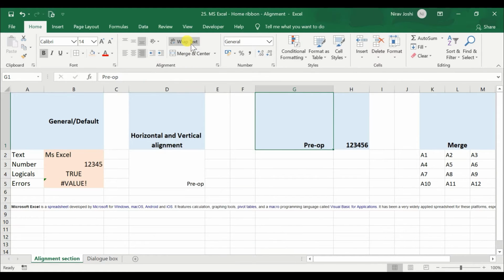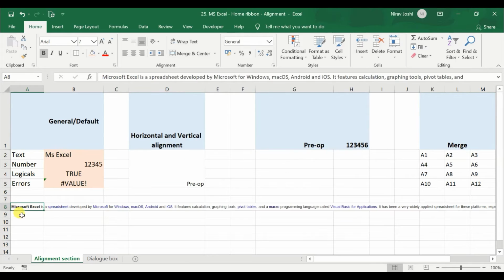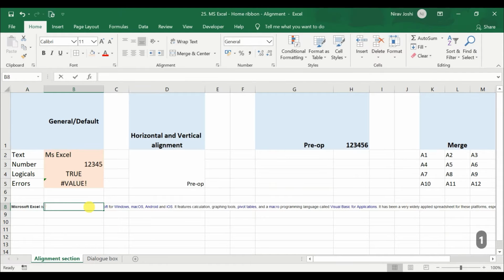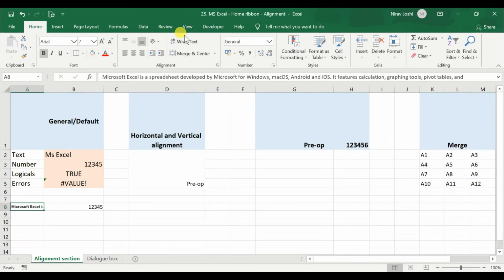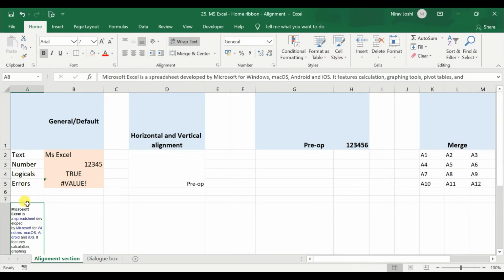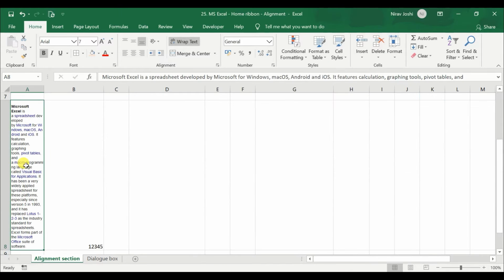Next, we will discuss wrap text. Suppose you have a very long text in any cell in Microsoft Excel and it is overflowing towards the right side as there is no data, and still you would be able to read it. But suppose you have some data here, then the text would not be visible. Or otherwise also, if you want to keep the text in a readable or very concise format in a single cell, you can use this wrap text and it will adjust the text content within the single cell or the selected cell.